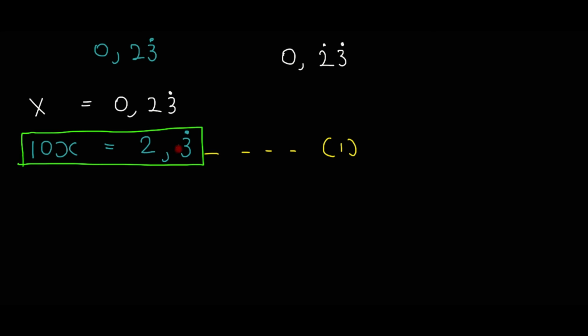So ge re na le this situation e rela gore ra tseba gore re tlo multiply equation 1 ka 10. So re tlo re 10 times 10x and then re tlo kry-a 100x, and then ra 10 times 2.3 repeating and then ra ba le 23.3 repeating, and then this one ya ba equation 2 ya rena, and then from there ra tseba gore equation 2 minus equation 1, so re la re mo re tlo re 100x minus 10x and then re tlo ba le 90x,